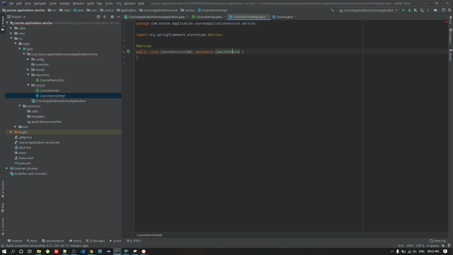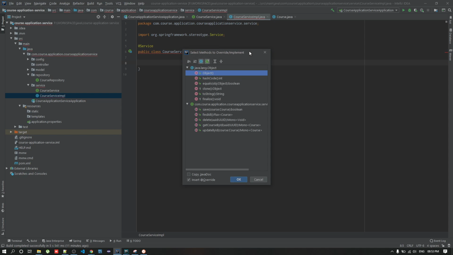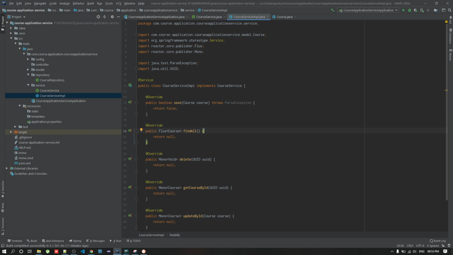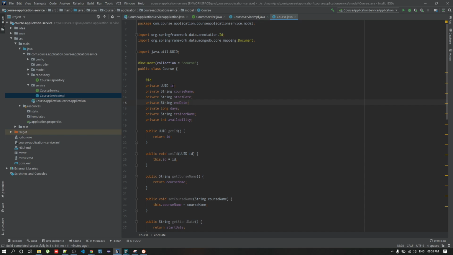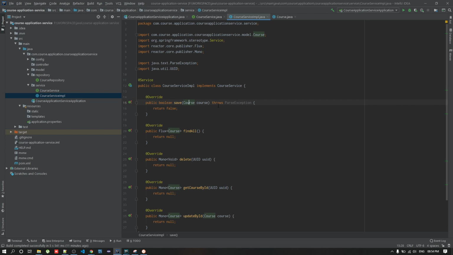This is going to be implemented in our course application. I will be overriding all the services over here. So in the course class, we use the UID. This will be auto generated. This date will be calculated using the date. So let's implement our data for the save.